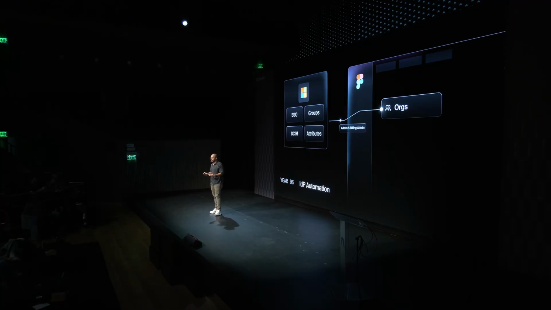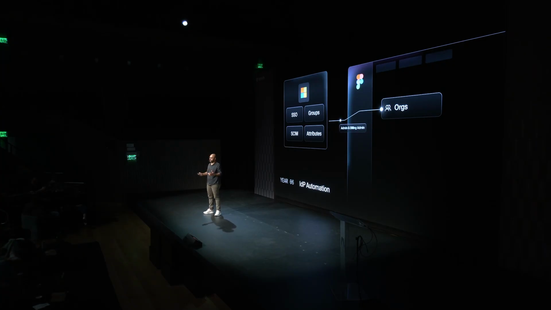Now, Figma has two hard choices here. One, they could pick one of these combinations. Let's say they could say SCIM with attributes. The problem with this is that every single customer who falls in the other bucket has to work around it to make it work Figma's way. So that's already adding a ton of friction. Along with that, the customer is not familiar with how to do this well. So you're basically waiting for a security incident to happen.